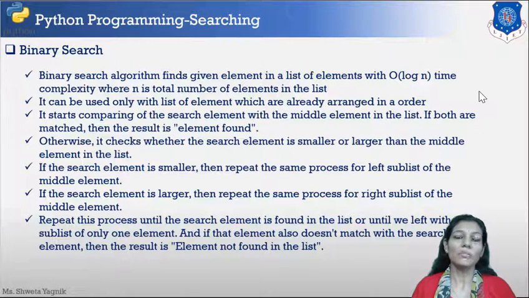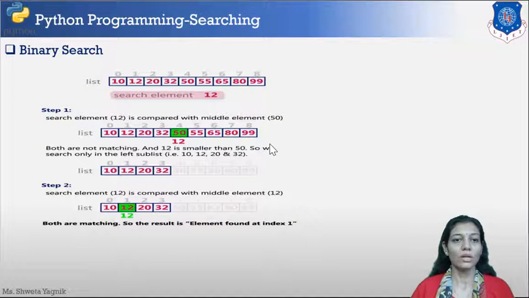Again the middle value of that subset will be found, again there will be a match, and if the element is not found, again the right hand side of the list will be ignored if the element is smaller than the middle. So let us take an example and pictorially understand. So here we are supposed to search element number 12. First of all, the middle of this particular list: 0 is the lower bound and 8 is the upper bound.